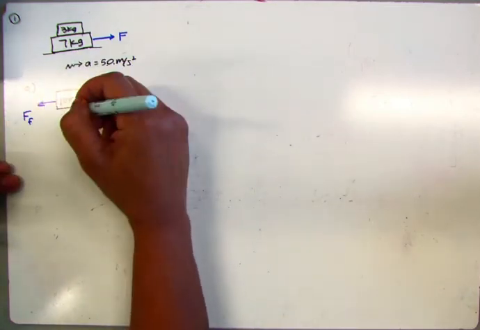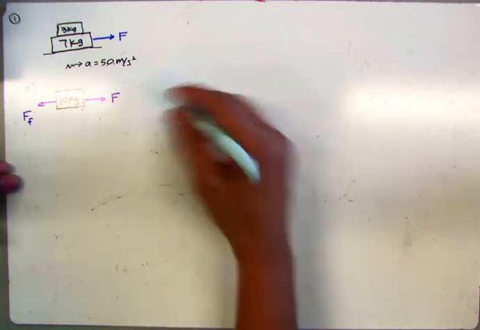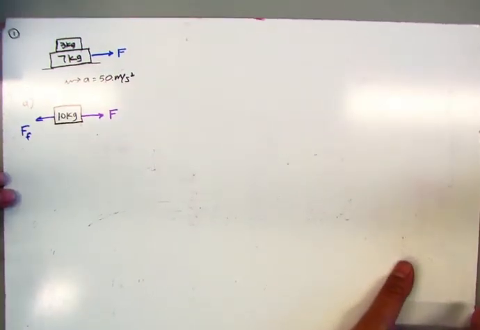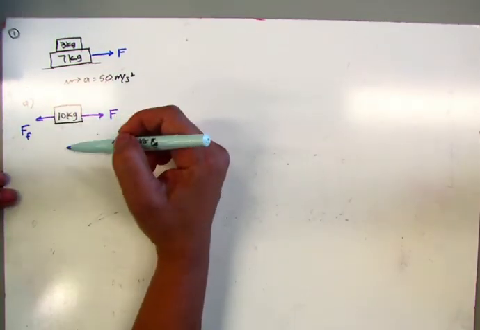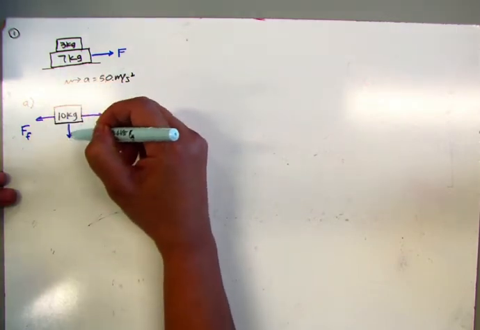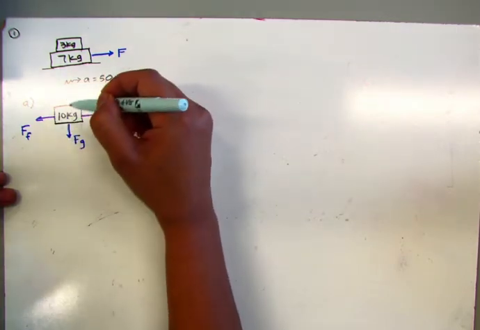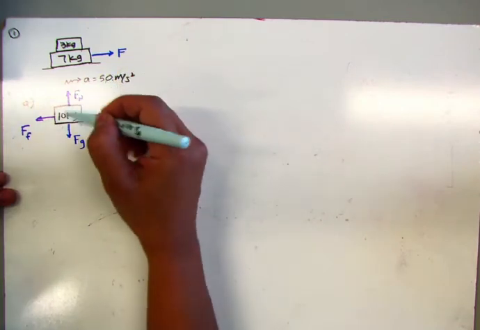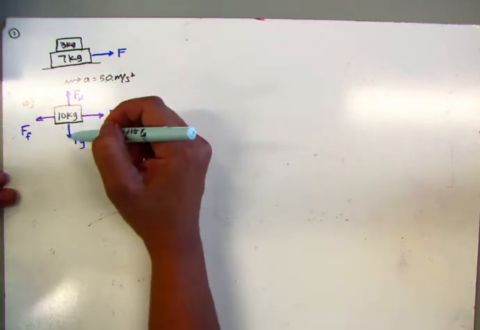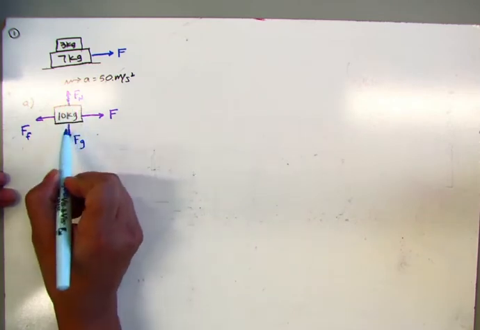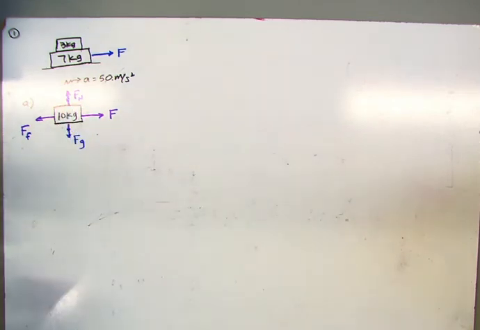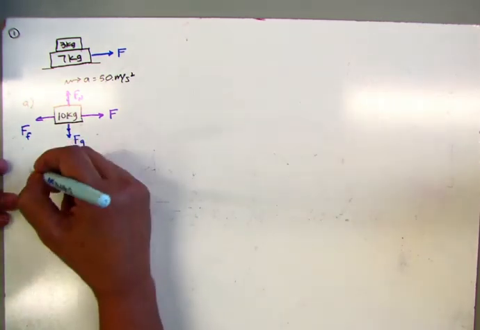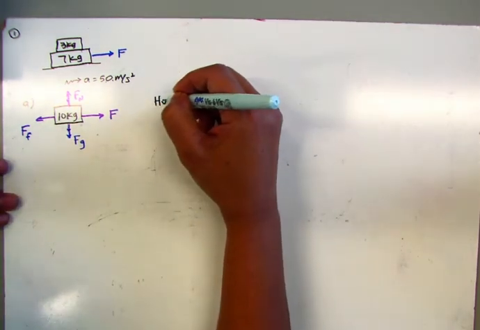Now, as we know, there's also gravity and the normal force, and we actually do not have to label those just because they are the only two forces. I will label them just to put them there, but hopefully you understand why. It's not accelerating vertically, so we can say that they're equal to each other, and they're not super important to label at this point. So now, looking at this problem horizontally,